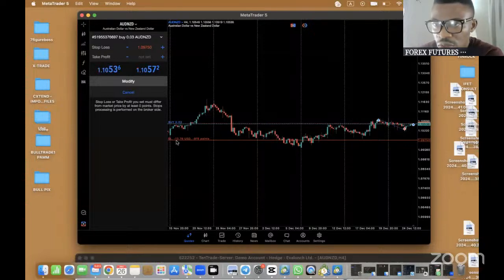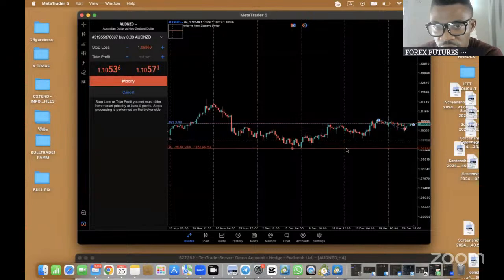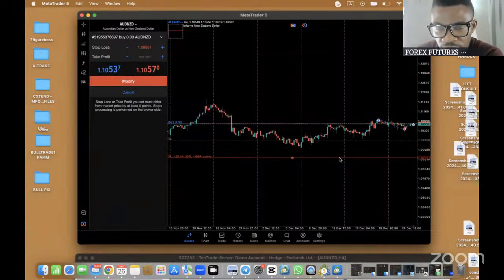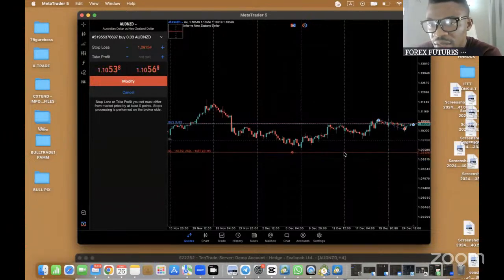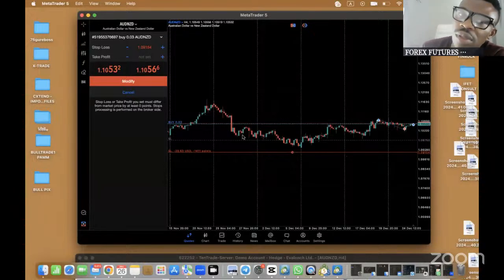So that stop loss is less than our risk. It means we can take less than that. We can take up to 38, 34. So this even means that this means